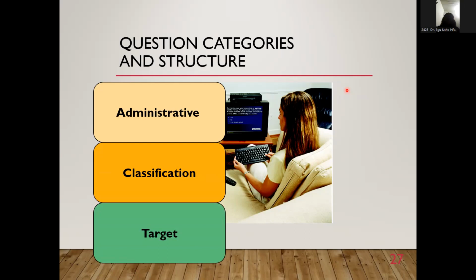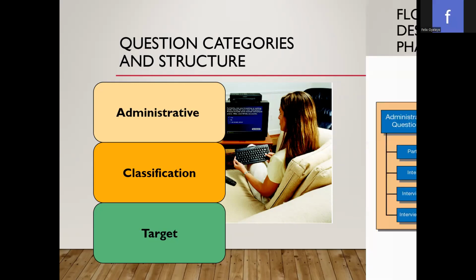Now, then you have the target question itself. If you are working on rabies, what exactly do you want to establish on rabies? You are working on trypanosomosis. It is the prevalence you are interested in. So that is the question you craft around that particular main purpose of the research and the target category of